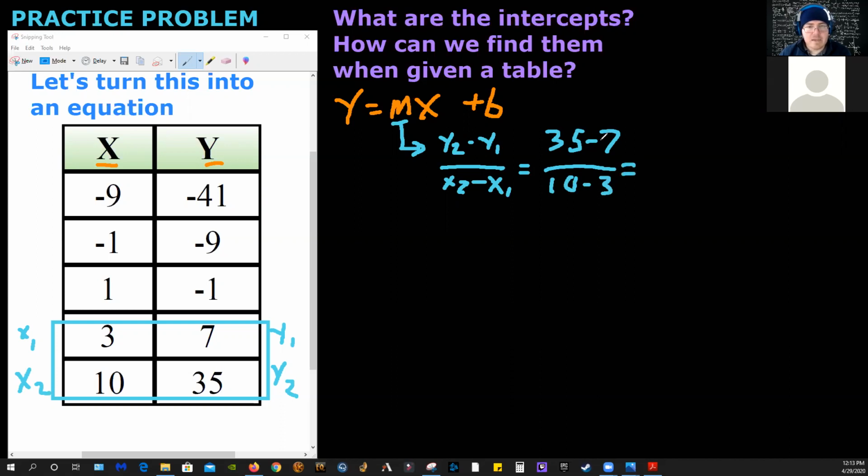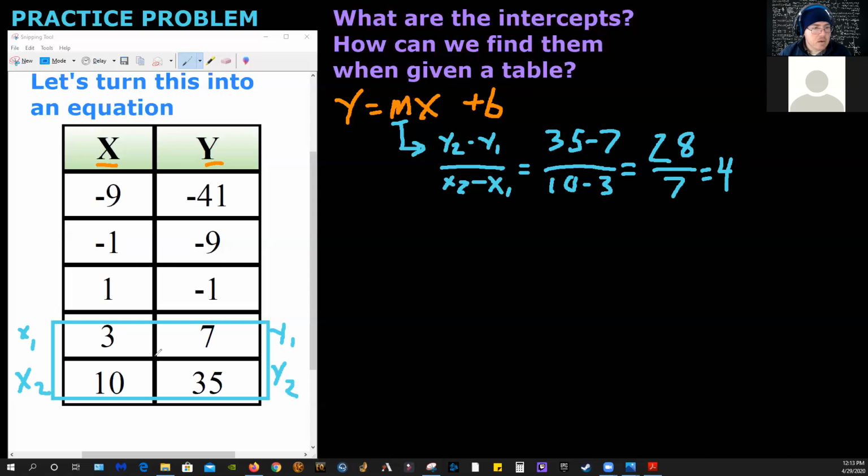35 minus 7 would be 28, I believe. And 10 minus 3 is 7. And 28 divided by 7 is equal to 4. Okay, so we have our slope. Our slope is 4. Okay, so now what we're going to do